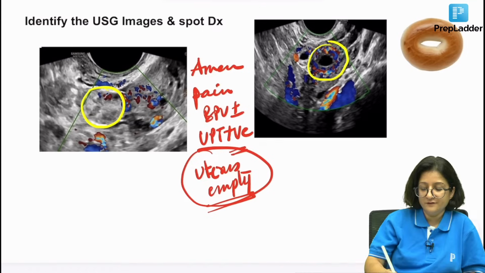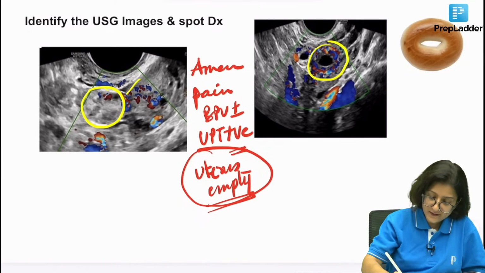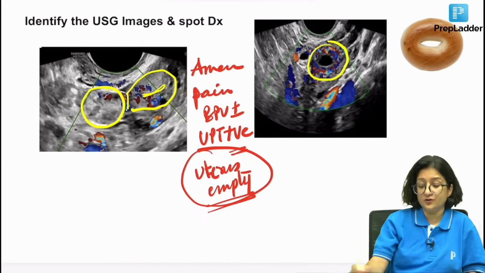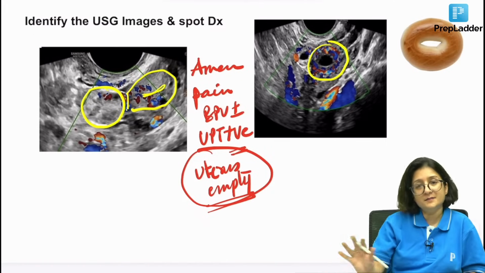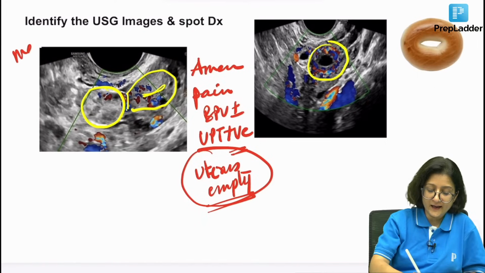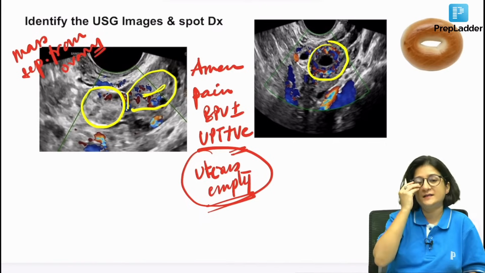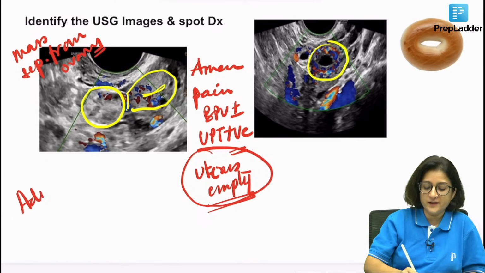Biggest clue. First clue, uterus empty. Here is the uterus. Uterus is empty. This is adjacent to the uterus. So, they may tell you in the question, there is a mass separate from the ovary. Most of the time, if there is a mass separate from the ovary in the region of the adnexa,